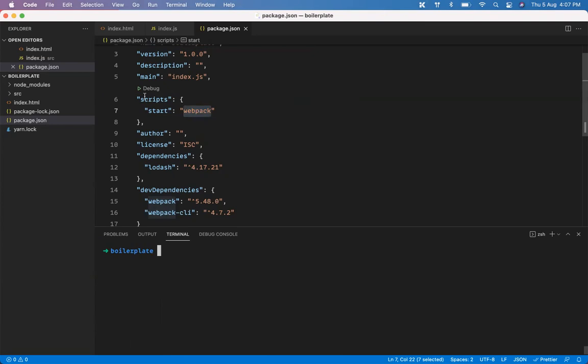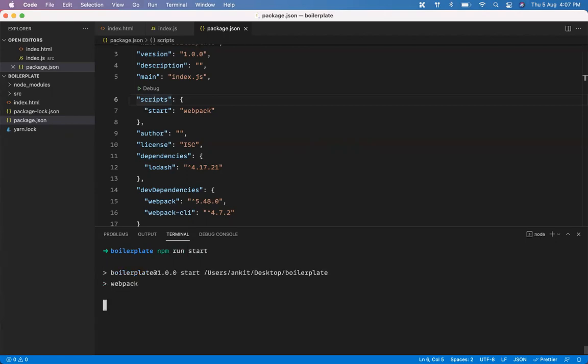Now to run this script command, all you need to do is say npm. Generally, whenever you need to run any script using npm, you just have to say npm run start. This is how you generally do it. But start is a special key. Only start is the special key. I think start and test are the two special keys in npm. So whenever you write start, you don't have to write run, but generally this is how you do it. If it is anything else like dev or something, you do it like this. So let's see what happens.